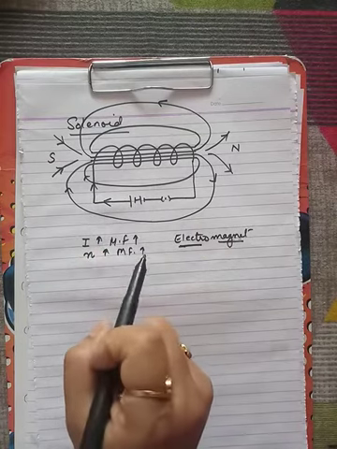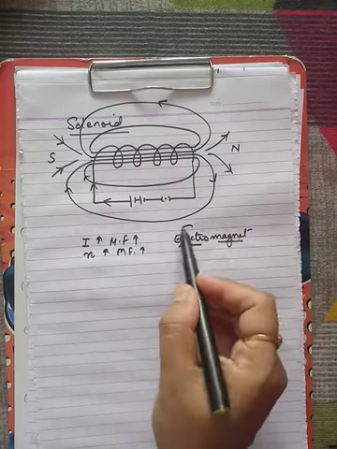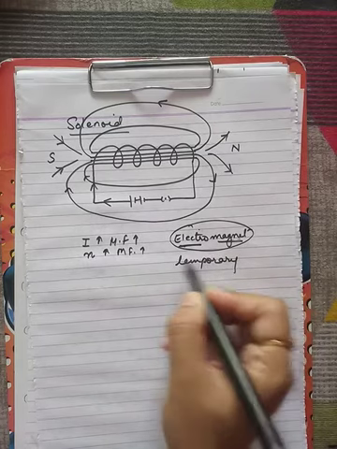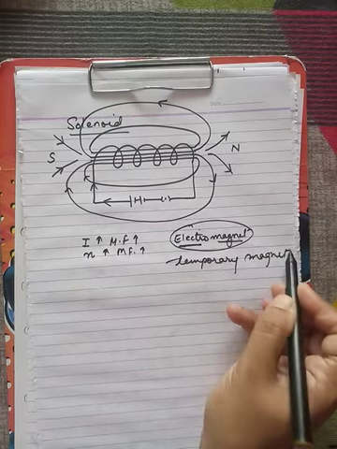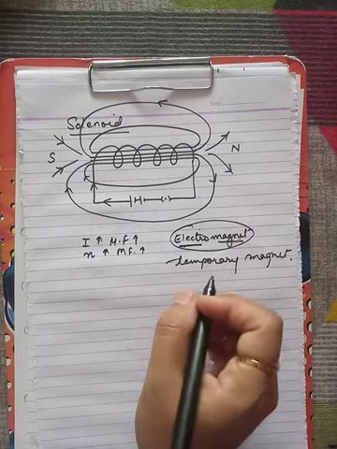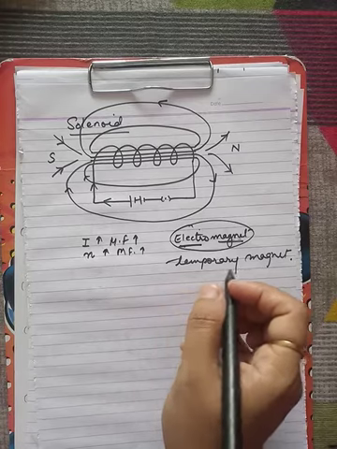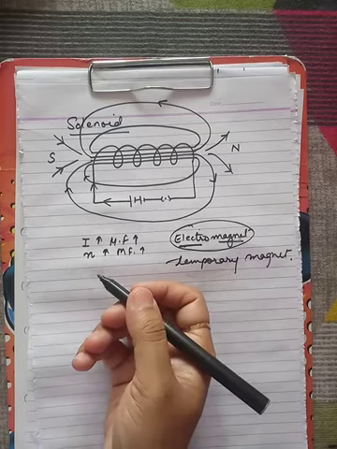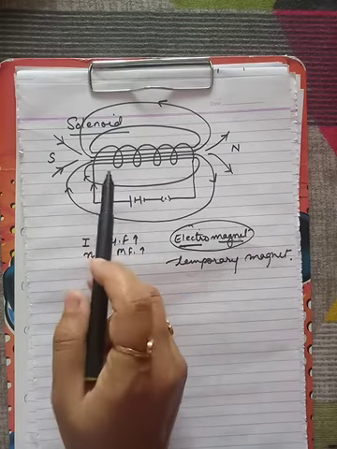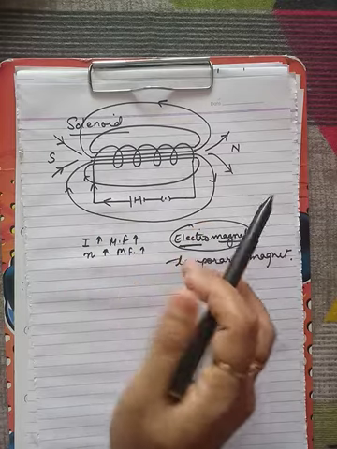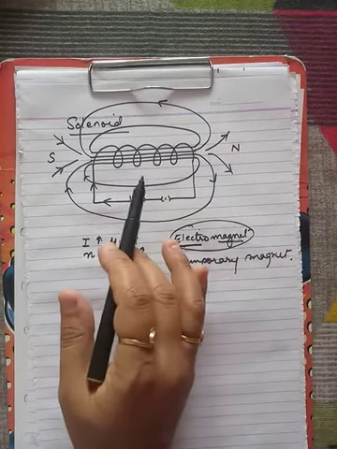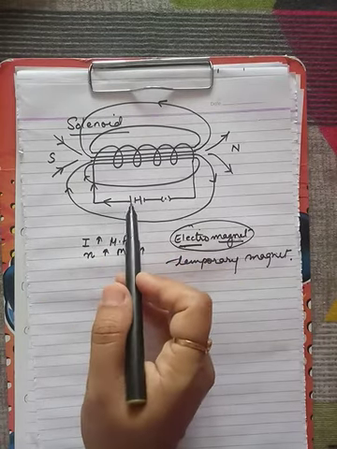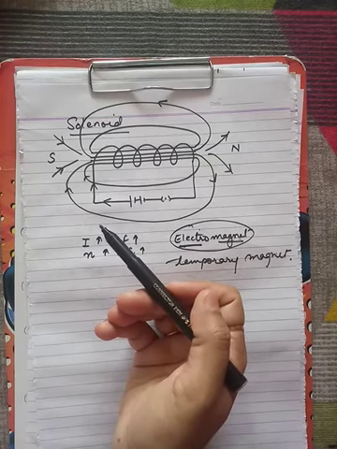Okay, so that kind of material, if I magnetize it in this manner, keeping it inside the solenoid shape, when the conductor is conducting, that will give me electromagnet, and it will be a temporary magnet. It will be always a temporary magnet, and this is very very useful in many applications, like in industries it is very useful, because whenever it is required to use as a magnet, then only we will use it, and when it is not required we can demagnetize it very easily. So it is very useful for us.